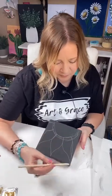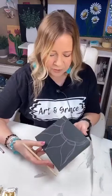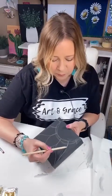And with this chalk pencil, you can see, if I'm like, no, I'm not so good. Now, flower shapes, they're all different. They don't have to be perfect, so it's not a big deal. And with an art kit,